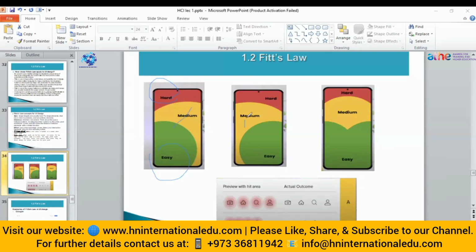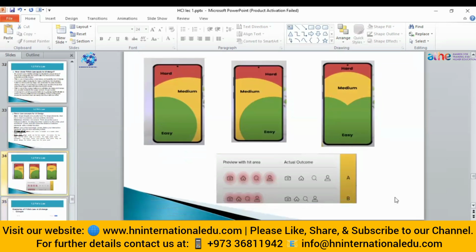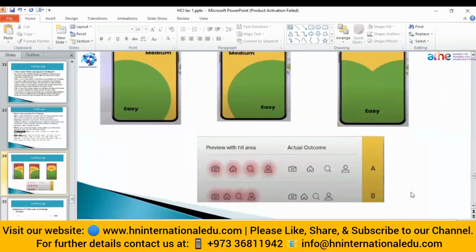If someone is using their right hand, this interface will help them. So Fitts's law says that the distance between the targets should be minimal enough so that the user can easily approach them. Now, in the second image, it says that there should be a minimum distance between the icons so that the user can easily click them.